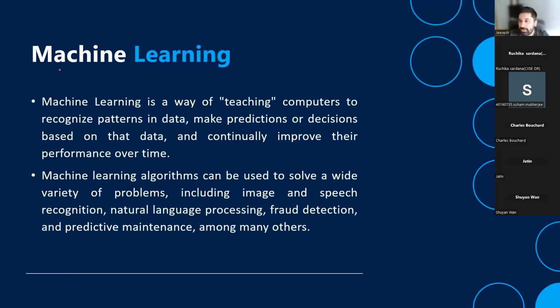Now, another terminology that you need to know for the certification is machine learning. So machine learning is a way of teaching computers to recognize patterns in data. So this is what it is all about. When we talk about ML, in simple words, it is nothing out of the world. It is just having a lot of data, telling the system that, okay, if this is the data, this is going to happen. If this is the system, this is going to happen.